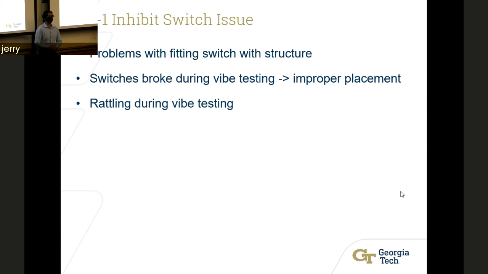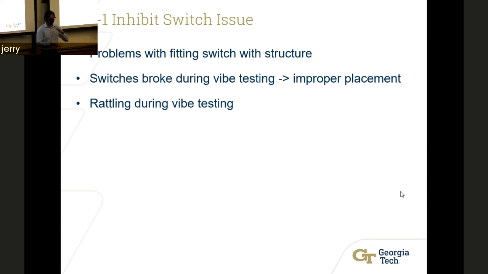Some of the issues that arose: in the design, the hole to put the inhibit switch in was designed a little too small, so that when we got the inhibit switch, it wasn't able to fit in, so we had to clear up some space to properly fit the inhibit switch in. Other issues were during machining, the angle of the hole was a little bit off. And then lastly, when we actually integrated the switch into the -Z plate, the switch sat a little too high than anticipated.